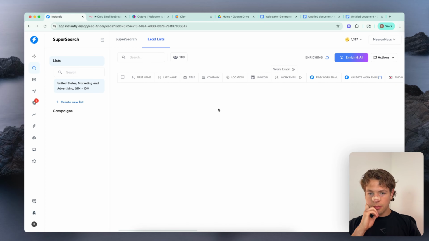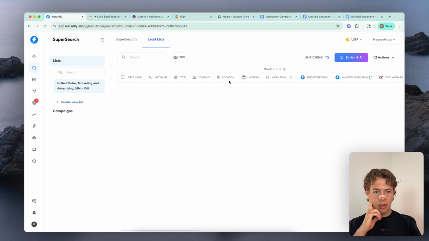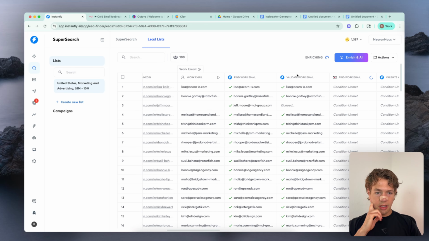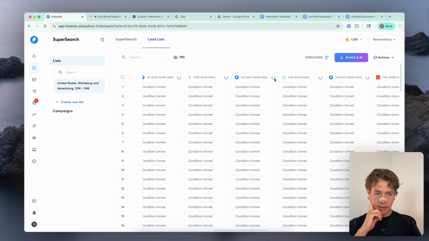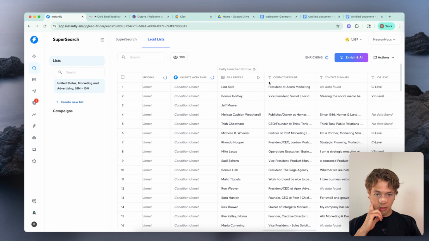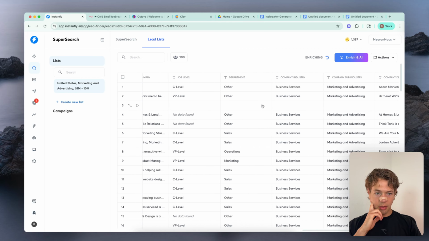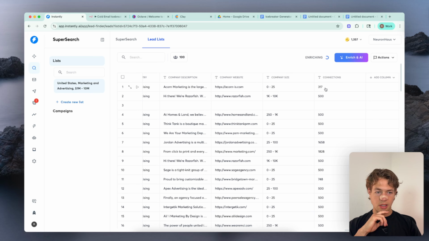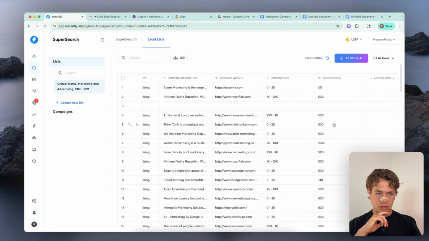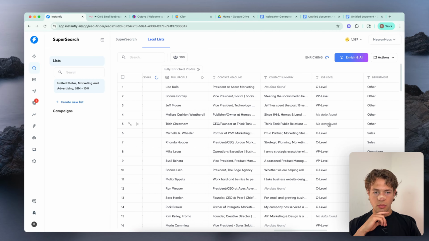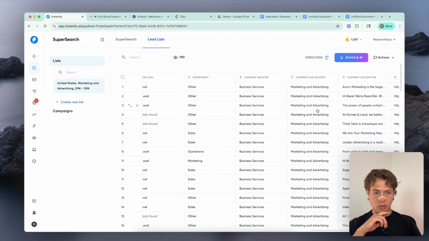So what this is going to do, it's going to find their name, title, company, location, their LinkedIn, work email, validate their work email across a bunch of different platforms here. Contact headline, summary, job level, department, business industry, sub-industry, description, website, company size, and their connections count, which isn't really useful. But this stuff, like website's going to be super useful.